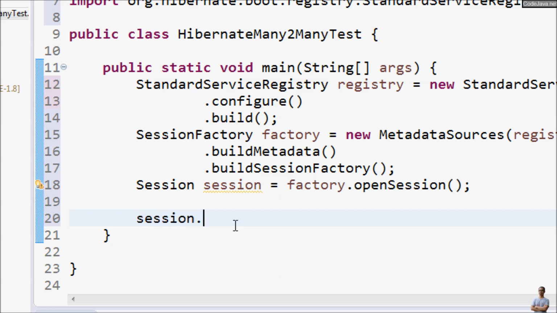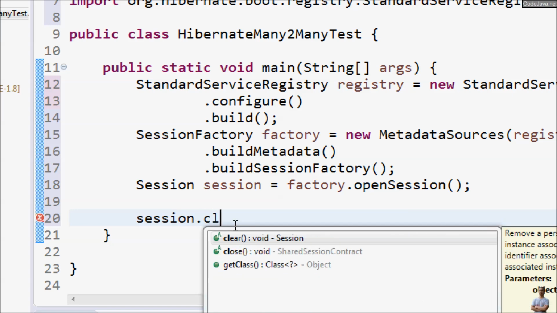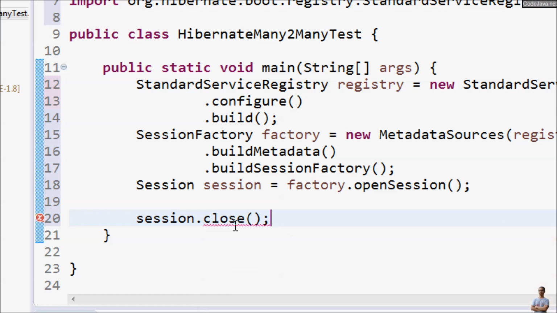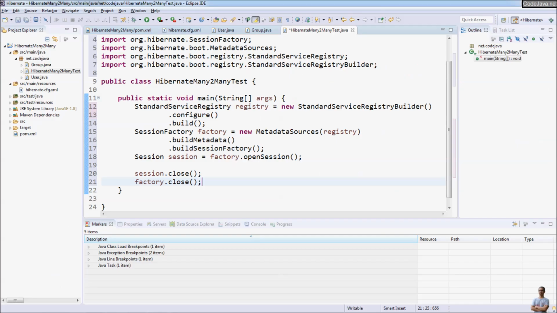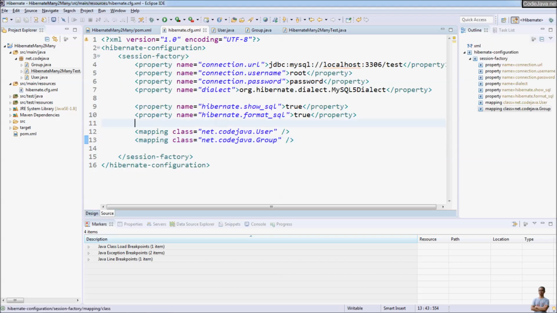For now, just do nothing. We open and then we close the session, because we want Hibernate to create the tables in the database. And factory close. That's it. And to use forward engineering with Hibernate, we need to specify a special attribute in the Hibernate configuration file,